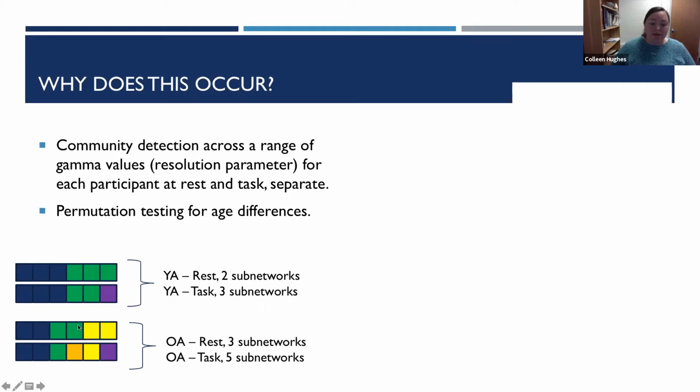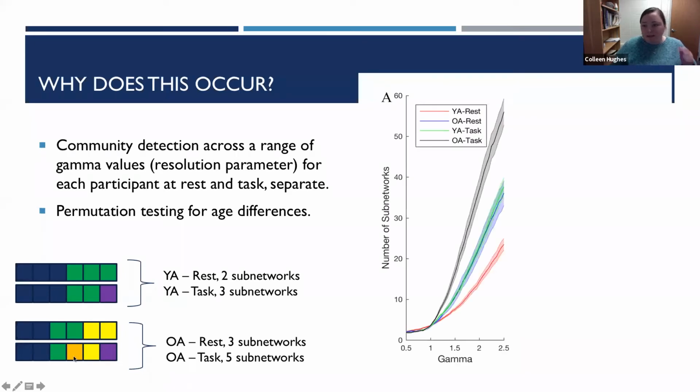In older adults, what we see in our data is that older adults start with maybe more networks or a less parsimonious description of the network. But also during tasks, they see more change between rest and task. So two of these blocks flip assignments. And so you really don't get a very clear parsimonious description. So that's what we tested in our data. And we did this across both the theory of mind task as well as our face rating task. So we tried to show that it's not something specific to task, that we're really just showing what's happening when older adults are engaged in rest and when you add sort of exogenous